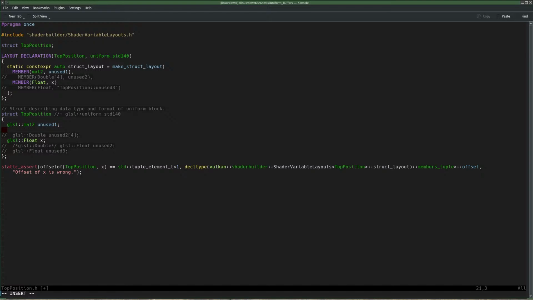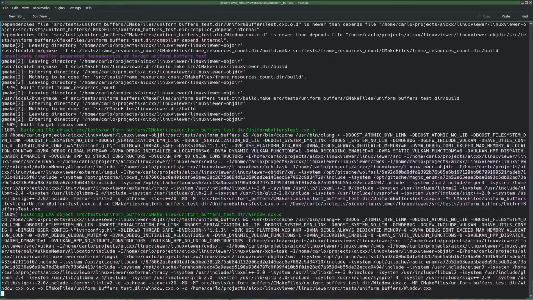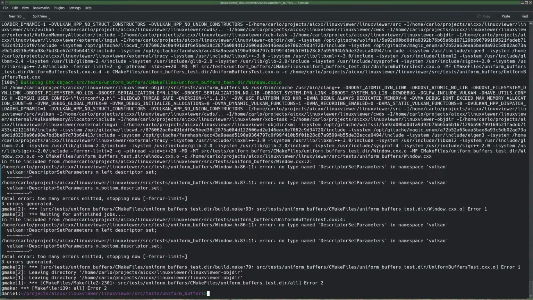I don't really care how. Well, let's use floats. Float padding. Yep, that fixed the assert.